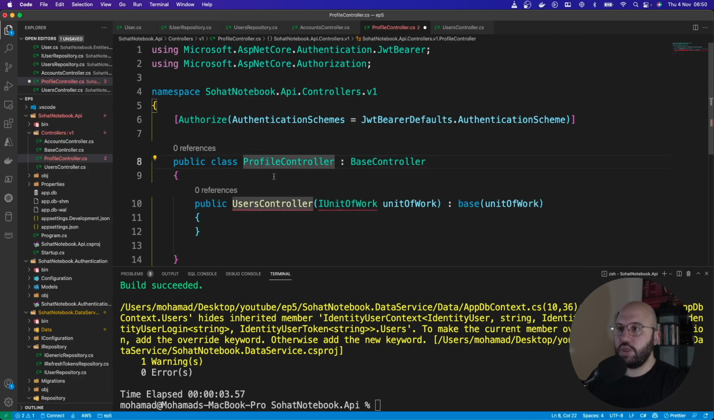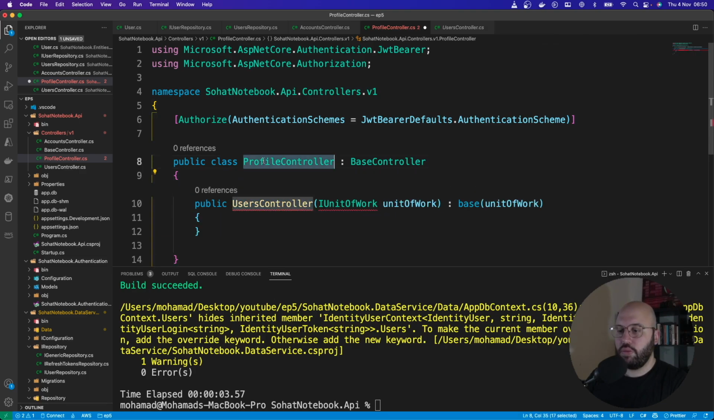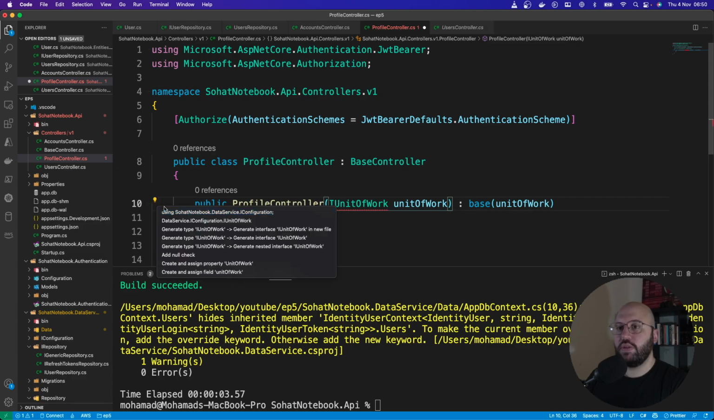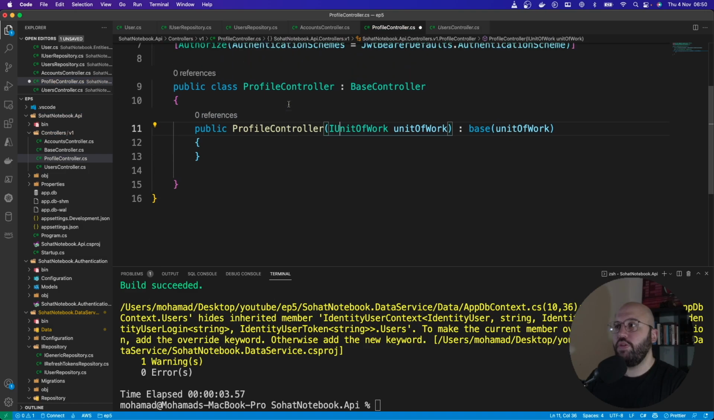Need to update the constructor name. And let us fix these references. Perfect, let's save this. So in order for us to actually fully utilize identity framework here, we need to actually